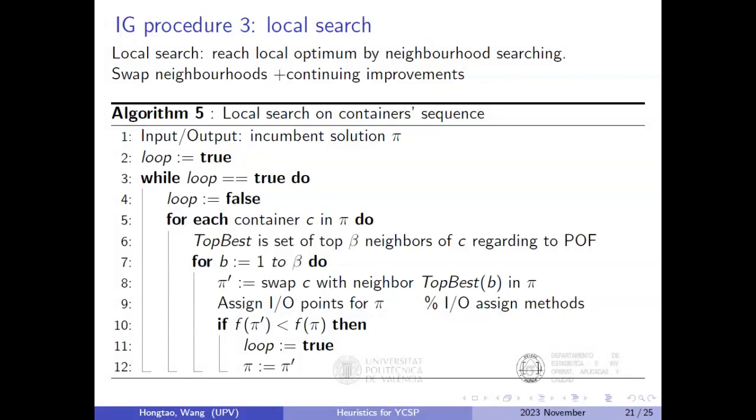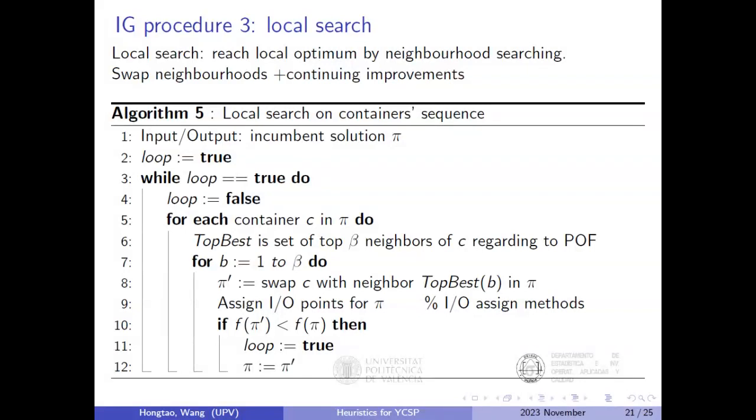And in this local search, we add one parameter that's better. That is to say, when we search previously, for a local search, if we test for a container, for example, for this solution, we start with 1 here. We test all these positions. Usually, we only insert it to the best position, for example, here. But in our local search, we say no, I want more. So in this local search, I select 2 or 3. 2 or 3 is the value of the parameter better. So we choose more, and